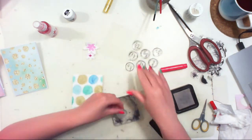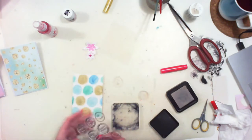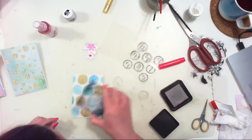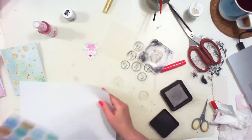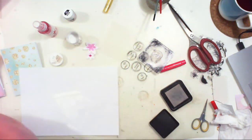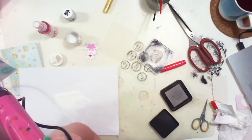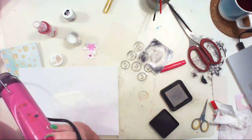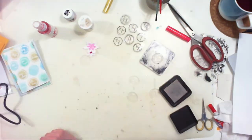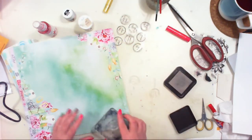I will use different stamps and different sentiments over some different circles, and after they will be stamped, I will use white embossing powder to highlight the stamps with the white color. I am doing it, but if you have a good white ink that is visible over the colored surfaces, you don't have to do a white embossing. You just can stamp with the white